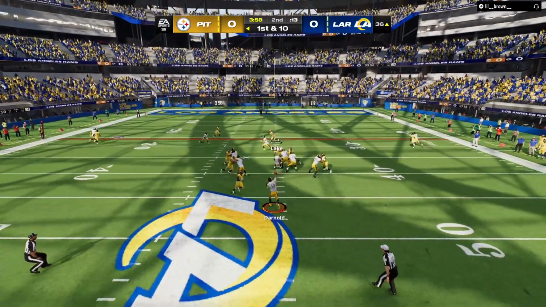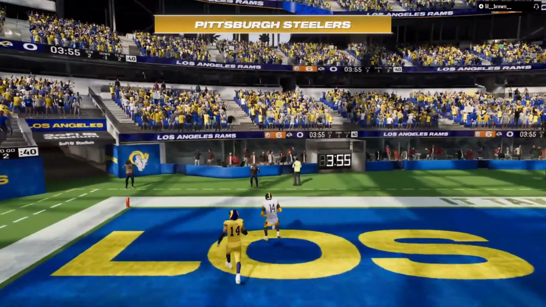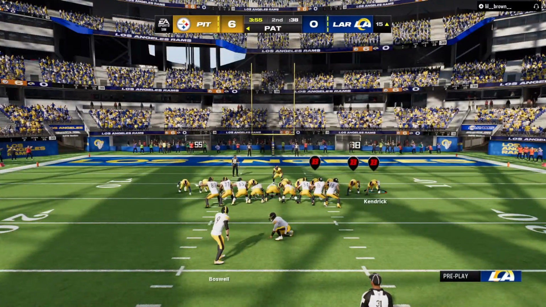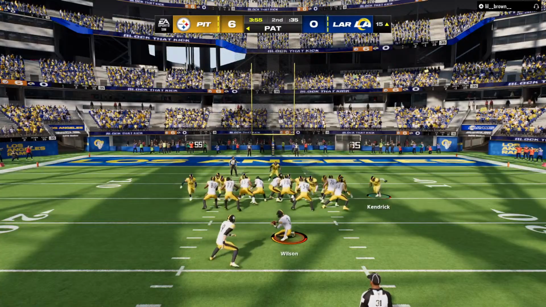Darnold on first down. And in for the Steelers touchdown. George Pickens, his 6th touchdown of the season. And the Steelers post the first points of the ball game as they take the...